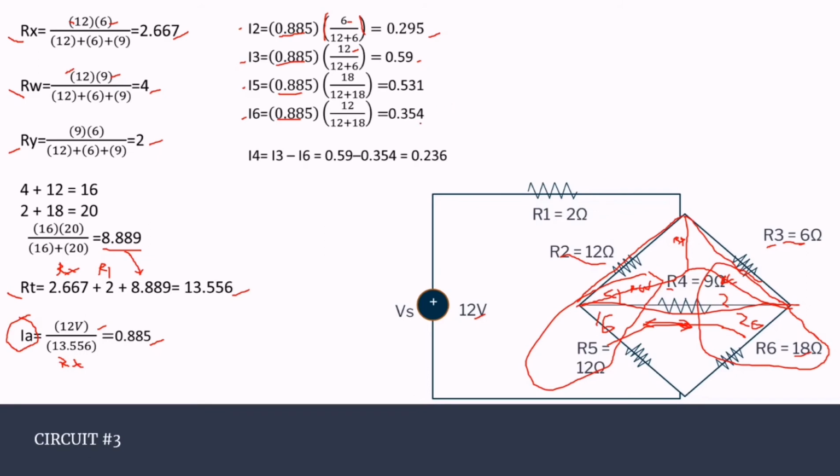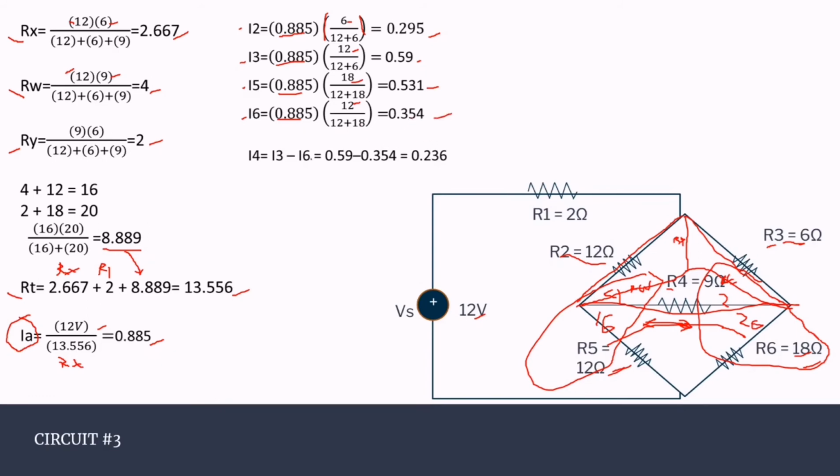So 18 will be our numerator over 12 and 18. So 18 over 12 plus 18 is equal to 0.531. And for our I6, 12 over 12 plus 18 is equal to